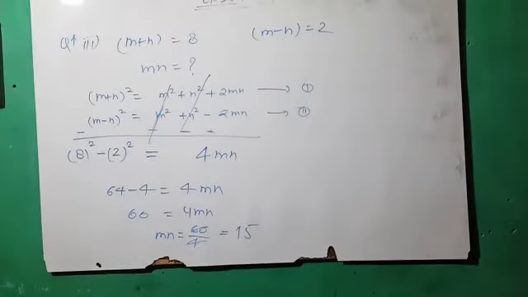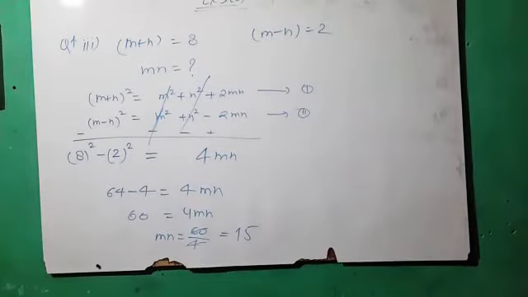Next, fourth part actually is homework, very simple question. We have to do the square of x plus 1 by x, that is given as 3. So both sides square. 3 square is 9 and x square plus 1 by x square plus 2. Okay, 9 minus 2, that is 7. So x square plus 1 by x square equal to 7. Again square that term, that is equal to 7. Okay, next, fifth part.